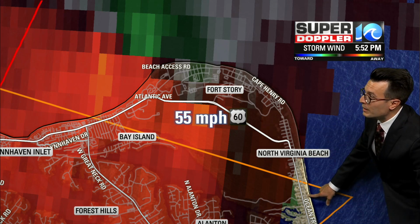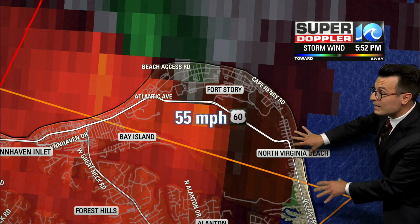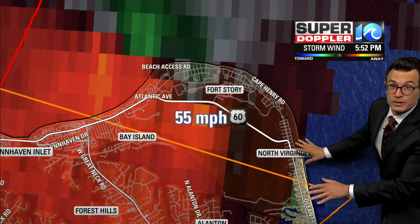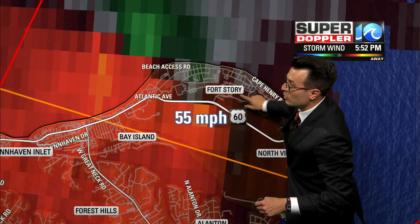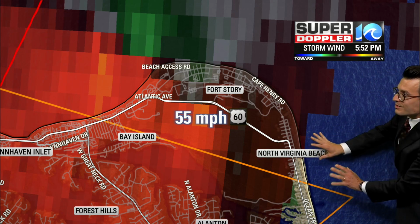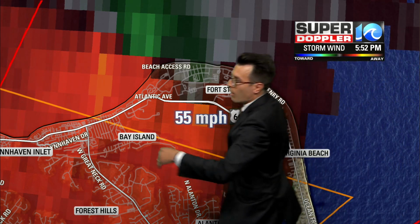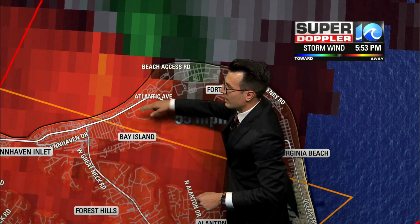North end of Virginia Beach, the area of rotation is to your west, I don't see it really threatening you all that much, but just hang tight here, please, for the next 15-20 minutes as this thing moves to the north. Again, that's closer to Fort Story, Beach Access Road, Cape Henry out this way. So north end of Virginia Beach, just hang tight. If you are east of the inlet, out towards the Bay Island area, Atlantic Ave,